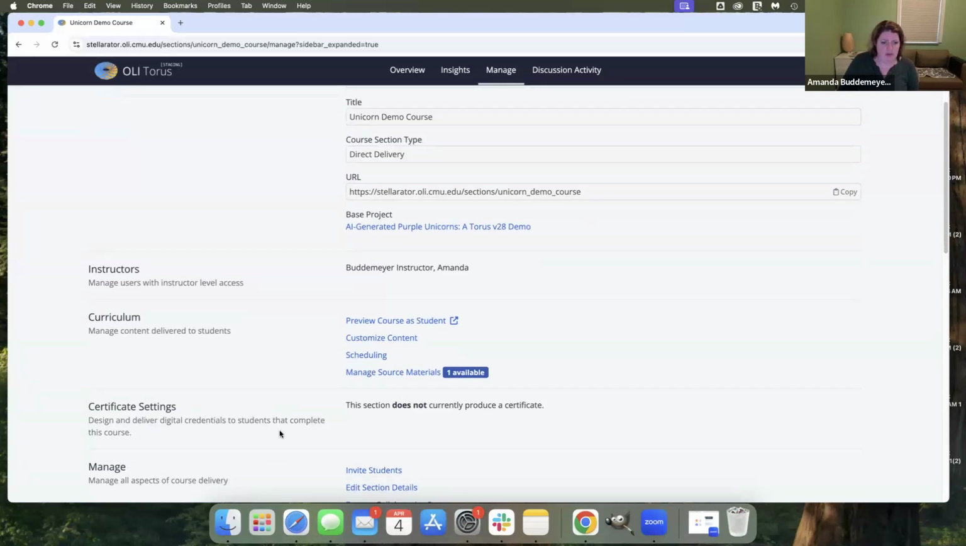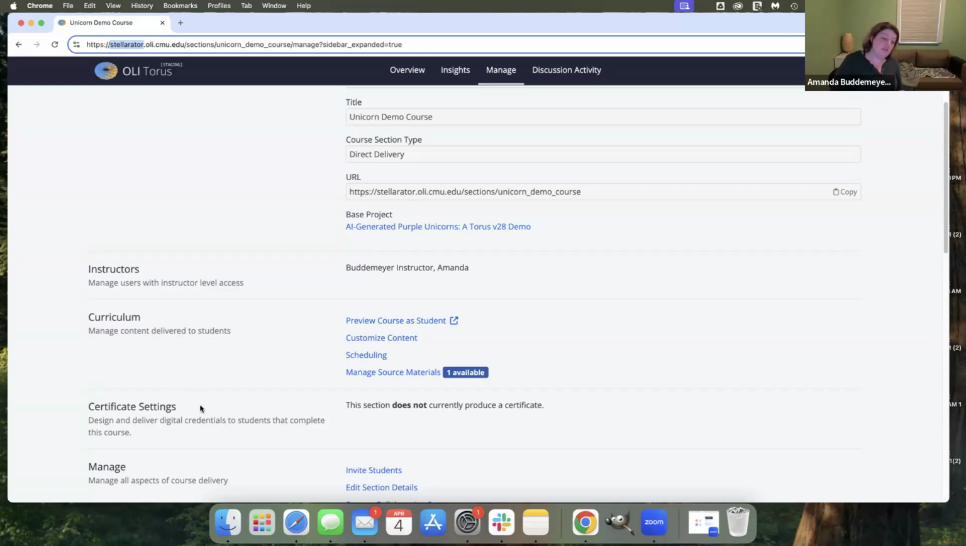I am doing this demo today in our environment that's called Stellarator, and that is a staging environment. So if you log in, you're going to be logging into probably our production environment that's called Proton. So you would see Proton up here in the web address. So if you're logging into that today, you're not going to see anything here about certificate settings because certificates is a version 30 feature. You won't see it today, but you would see it on Monday when version 30 is